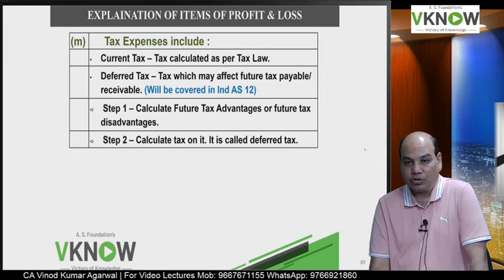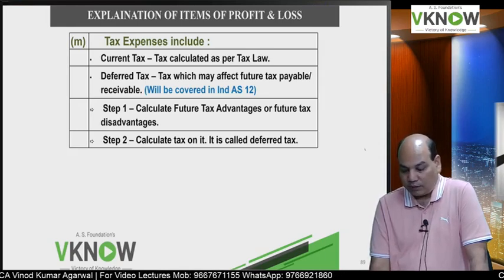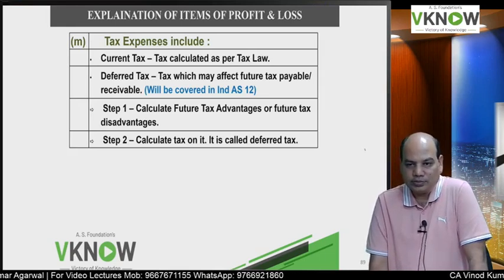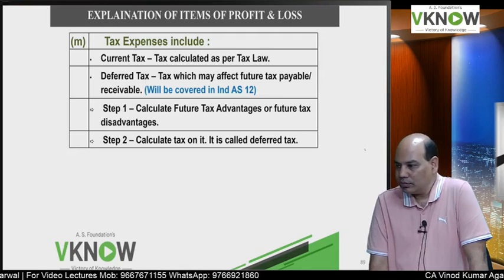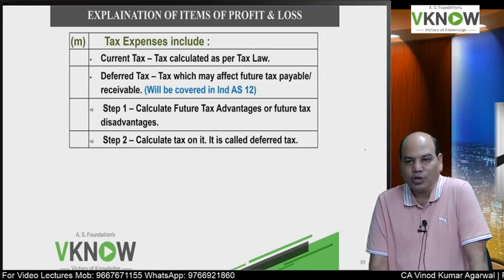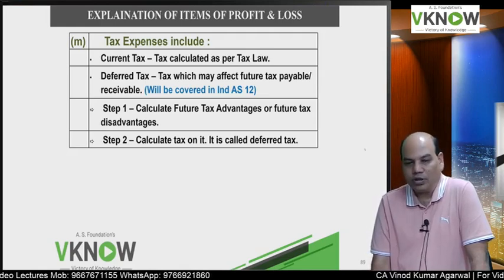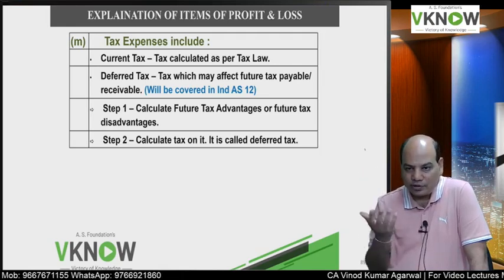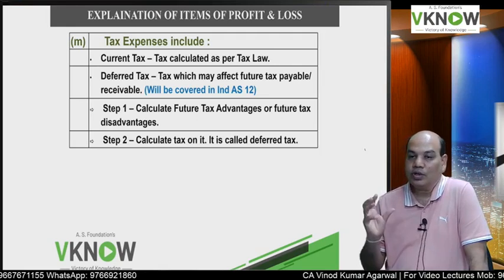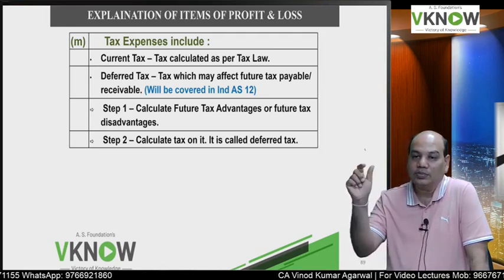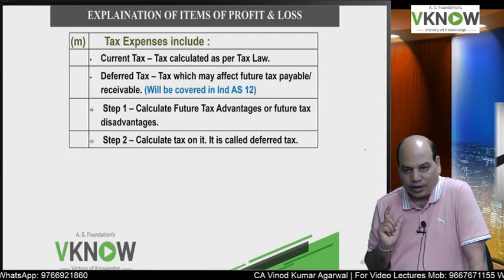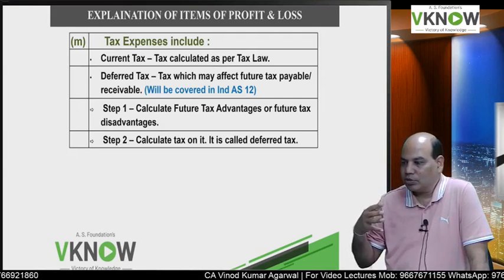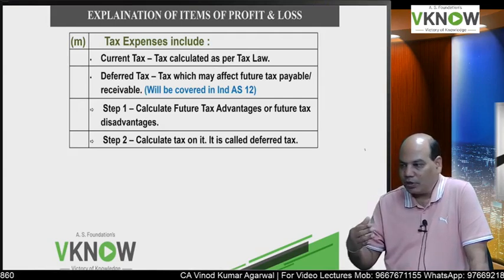Current tax is actually paid to the government, but deferred tax is an accounting adjustment. It is not paid to the government. It is to ensure that our profit does not fluctuate too much. Otherwise, what happens, in 1 year you show very low tax liability because you will pay tax in a future year, and in another year you show a very high tax liability because that item resulted into profit and you paid tax. So there will be huge fluctuation in the PAT figure